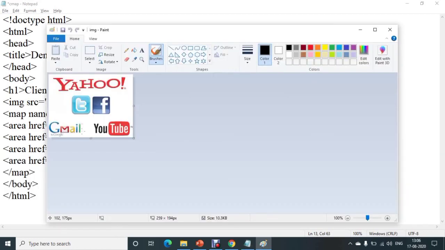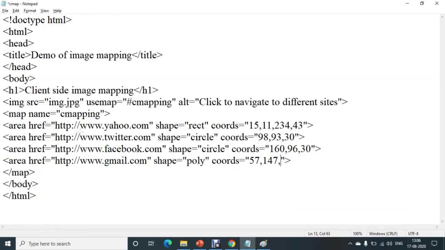Whenever you are finding the coordinates for a polygon, always follow the clockwise position. So after this you will find the coordinates for this point, 97 and 177.